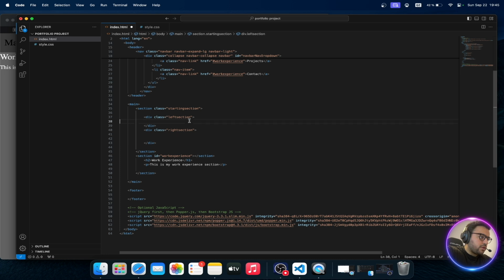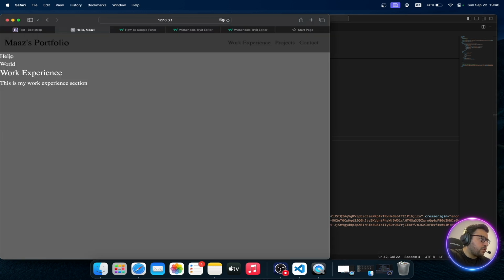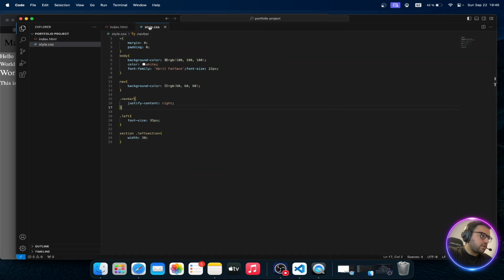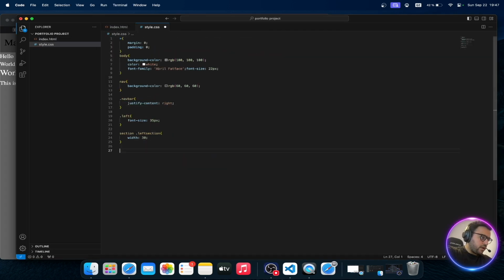I'll try to write something here and save it. Okay, so it shows like this. Now we need to adjust it so that it shows hello on the left and world on the right. So I'll go to style.css. I'll write starting section over here, with the dot at the front,